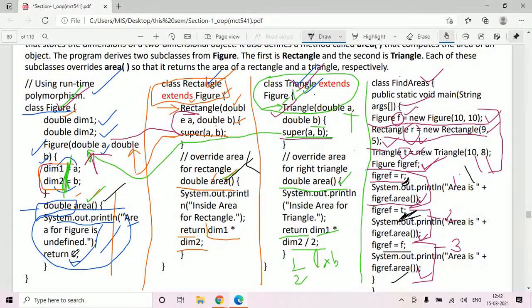When your base class reference points to a derived class object, the version of a function to be called is decided at runtime, and the appropriate answer you will see.